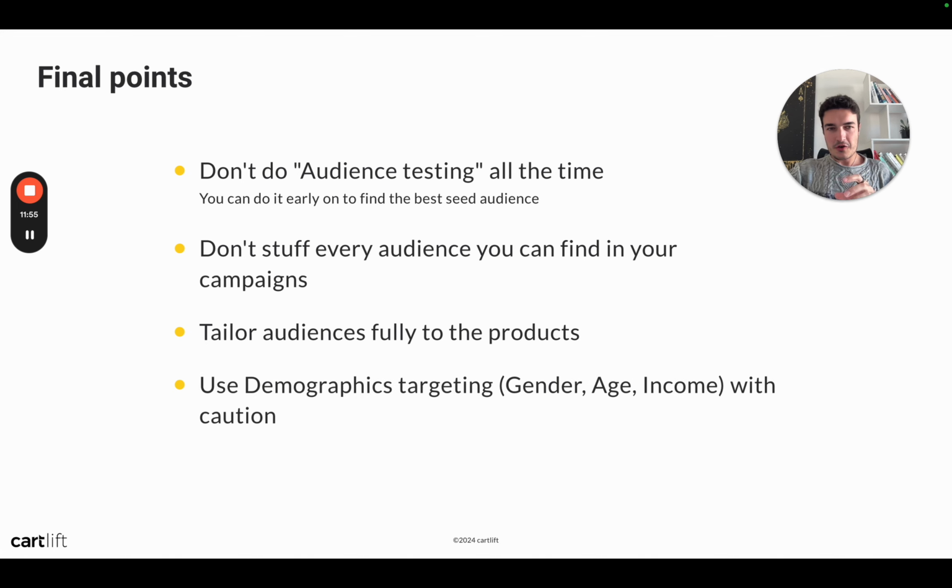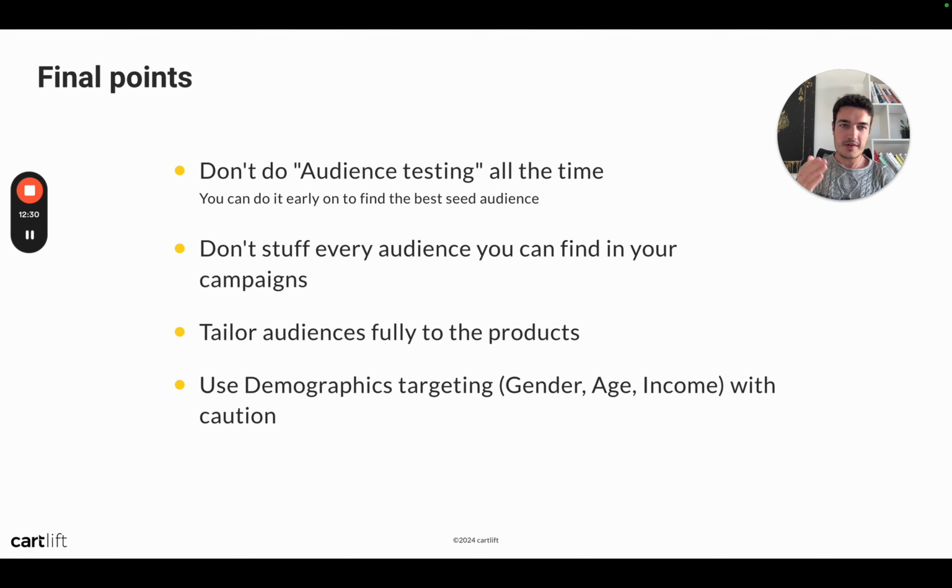Use demographics targeting like gender, age, and income with caution. You will find that option as well, and I only use it if I know for an absolute fact that we have a product that is only, for example, for women, or that is only for people above 35, right? And that doesn't happen that often. Sometimes you might think, well, we sell a makeup product, so of course we only want to target women, and because our product is in the XYZ sort of space, we only want to target women of a certain age range. You have to be extremely confident that this is actually your core audience if you want to do it,